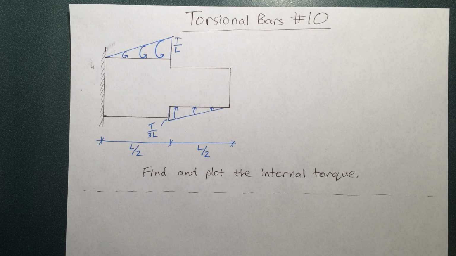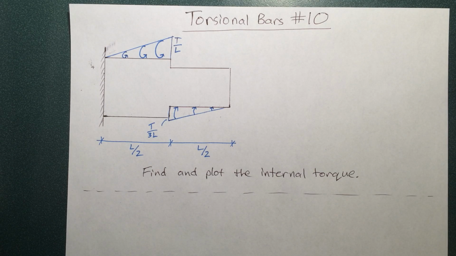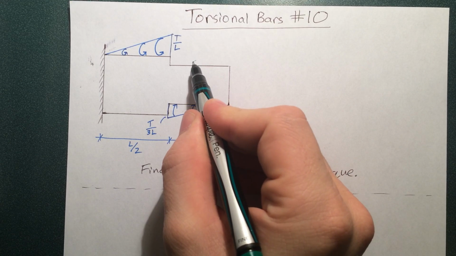If you want to know something else about torsional bars, feel free to check out any of my other torsional bar videos. So the first step in finding anything that's an internal, in our case an internal torque, is going to be to expose that by making a cut. So I'll make a cut right here